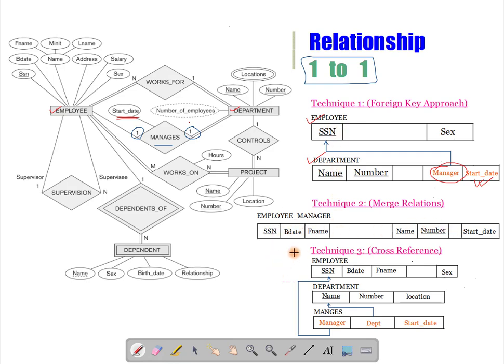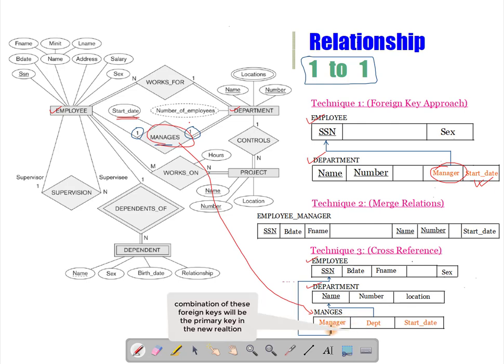And if you follow the cross reference technique, then you will have an employee relation, a department relation, and you will create a new relation for this relationship, which is this manager. Here you will add two foreign keys. One will refer to the primary key of one relation, and another will refer to the primary key of the other relation.